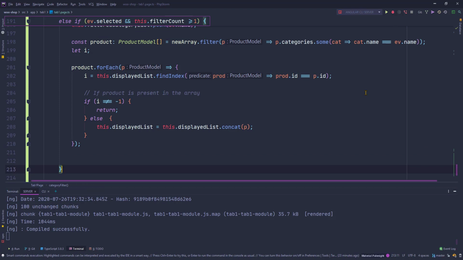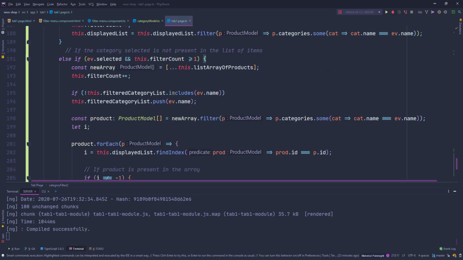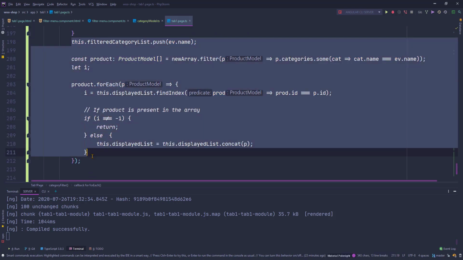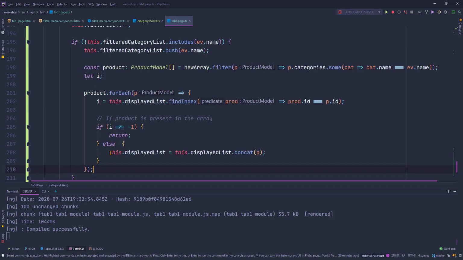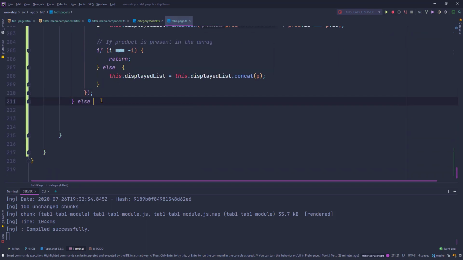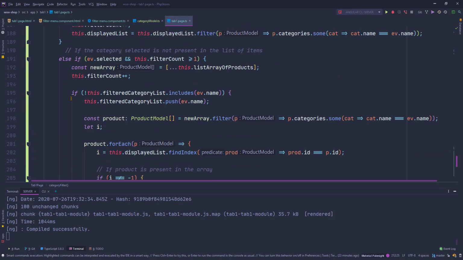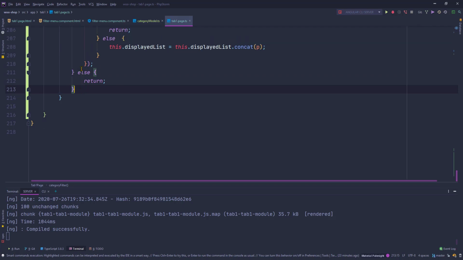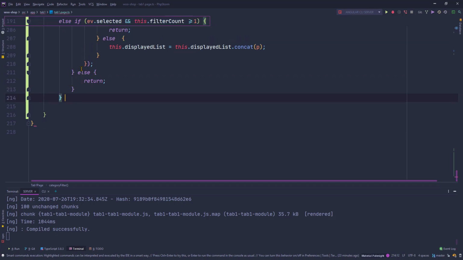And for that if statement here, oops, all of this should be placed inside the if statement, and in the else part I won't do anything. And this else if ends there, put a comment here,